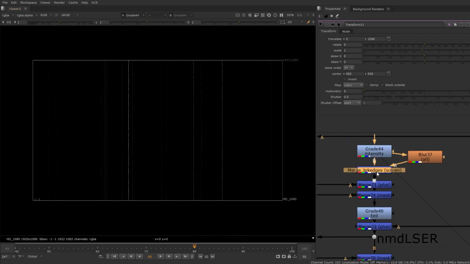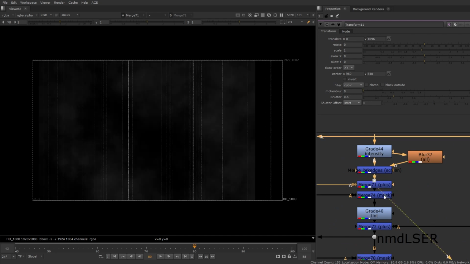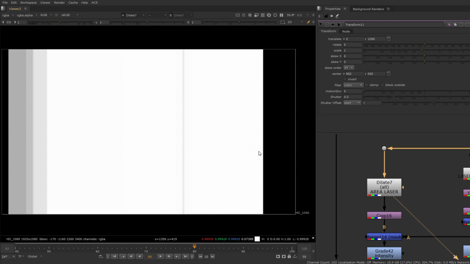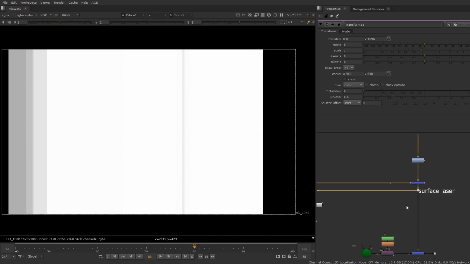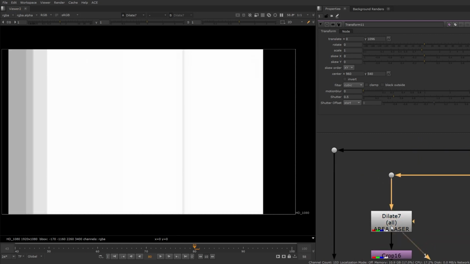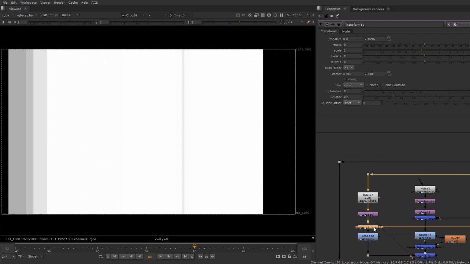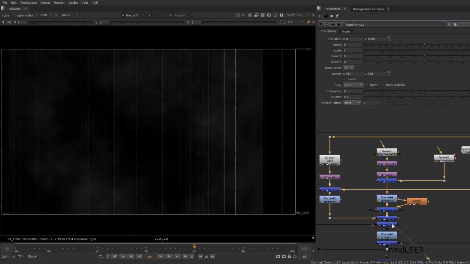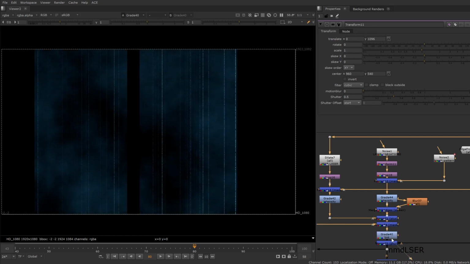Again, I graded the intensity, and okay, so I'm just gonna go to the other part, which is the feel of the laser. And this is basically the surface laser, and I dilated it in the y-axis. That way we could have this gradient between gray and white, and I crop it, mask it again by noise, grade the intensity, and all of these results, plus them back together, tint them,